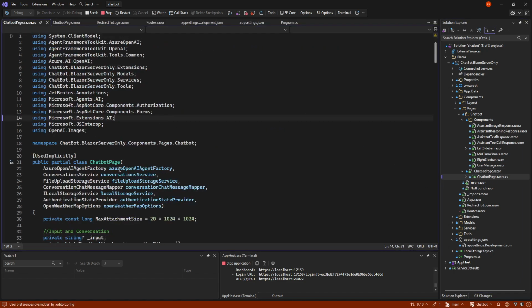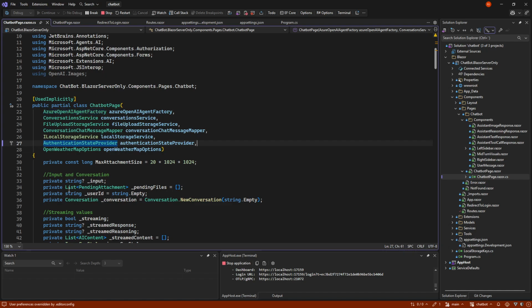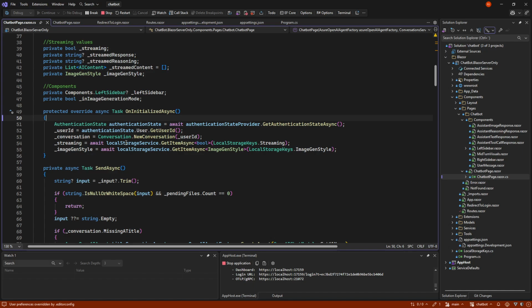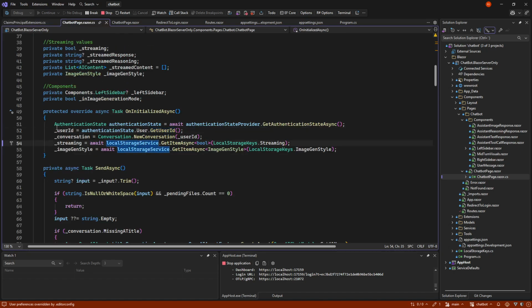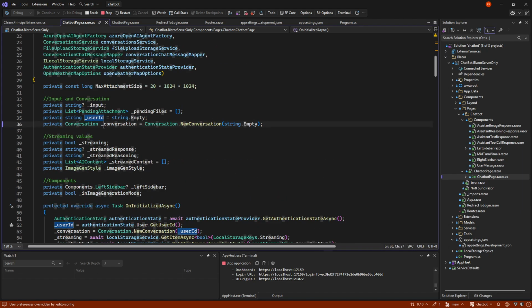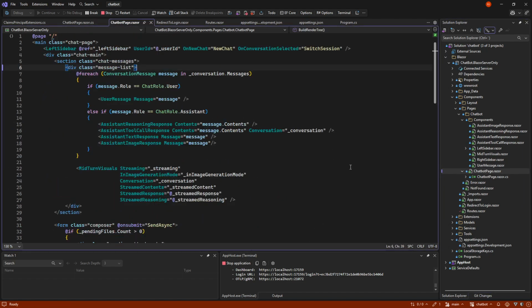And the user ID is gathered by using the authentication state provider, which is how we get a user. And on initialize, we just find who we are and get the user ID, which is just a small extension method on top of the claims principal.